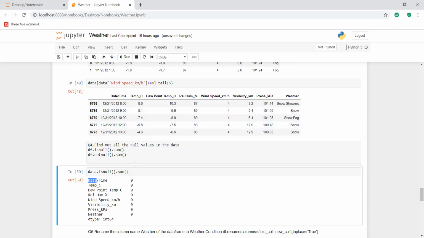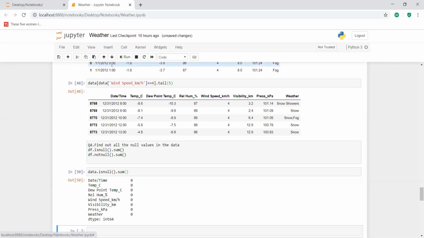Okay. So you can also use this not null function. This is null function and you can use not null function. See, is null will return a true for null and a false for non-null. Not null function will return a true for a not null and it will return a false for null. So that is the difference. Otherwise, it's not going to have a very big difference. But even then, we will execute that also, right? So now I'm working with not null function, data dot not null.